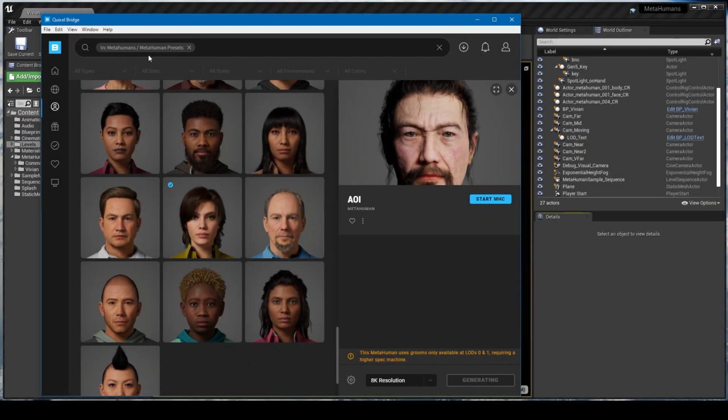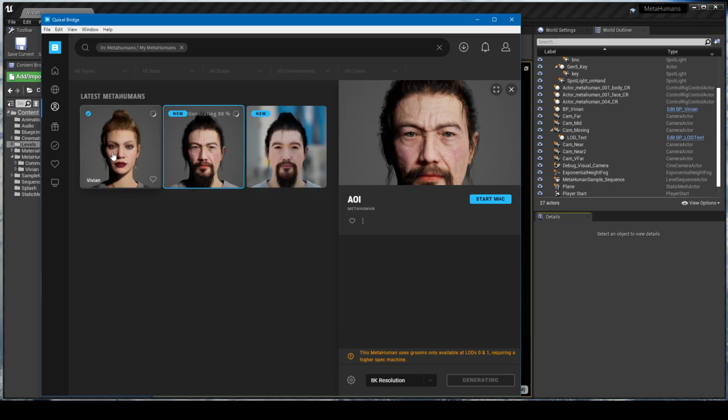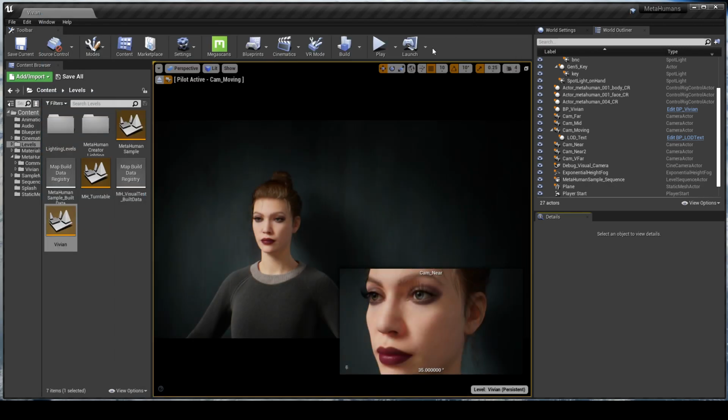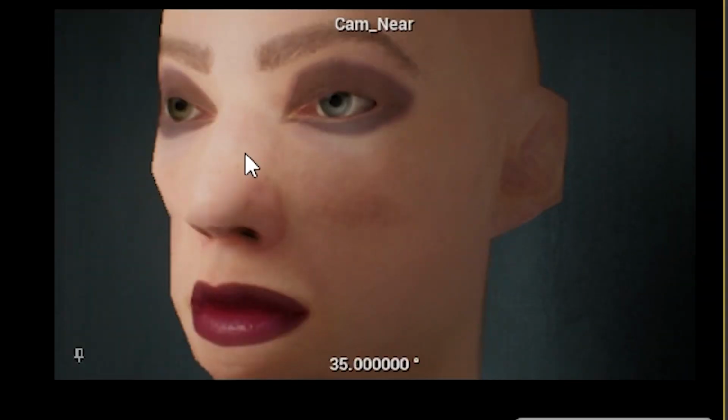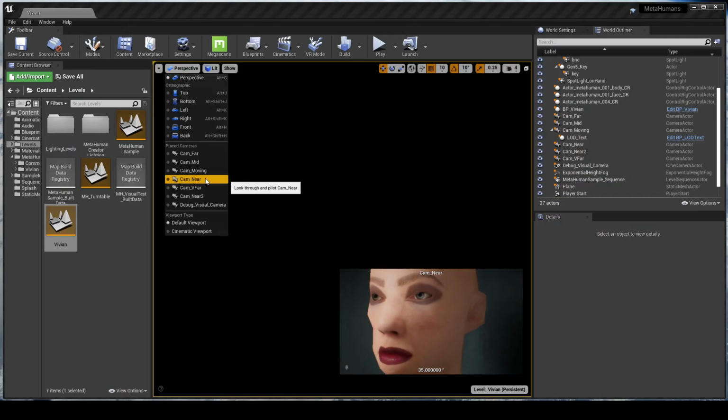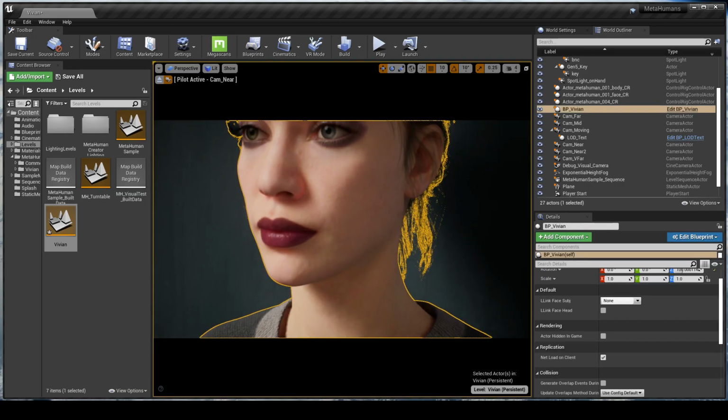So if you've been having some fun with the new Unreal Engine Metahuman Curator, then exporting your characters from Quixel Bridge to Unreal Engine, and you want to keep a consistent look. So for example, when we go to a further camera, we don't get this. So to fix this,